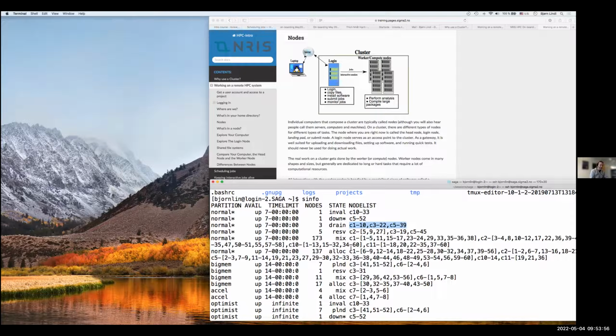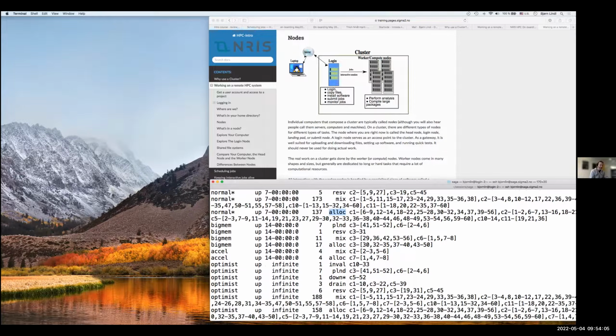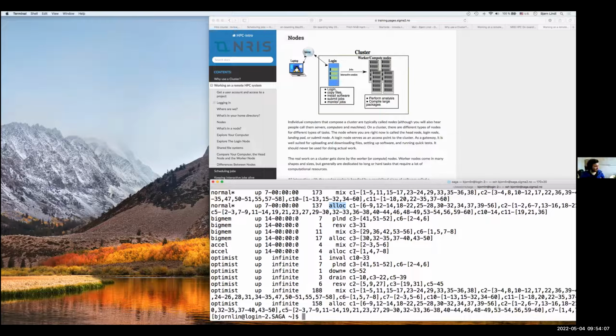Then there are allocated nodes, a long list of compute nodes. Allocated means that they are in use. I'm not sure about mix, but I think it means some are allocated and some are free.